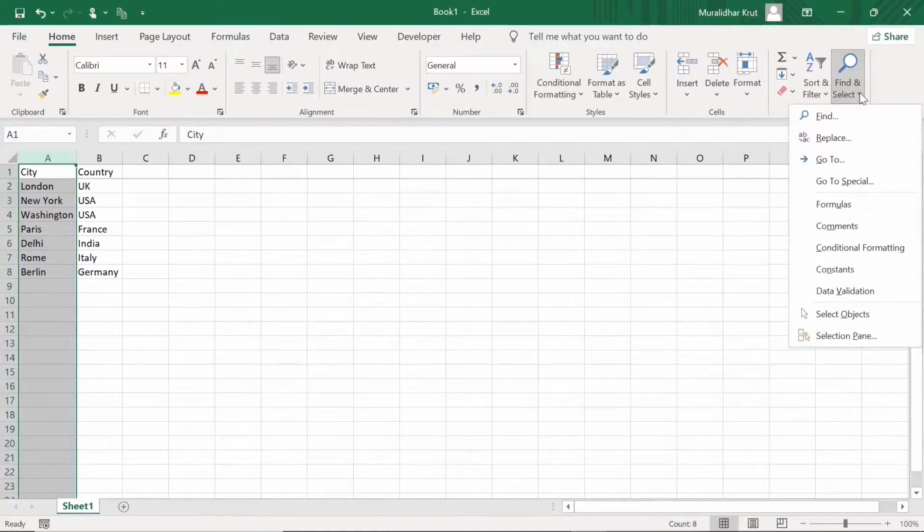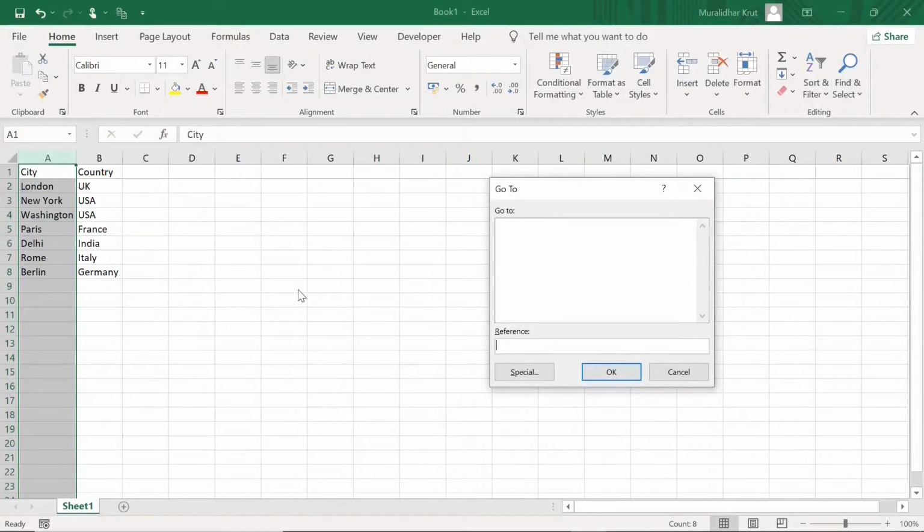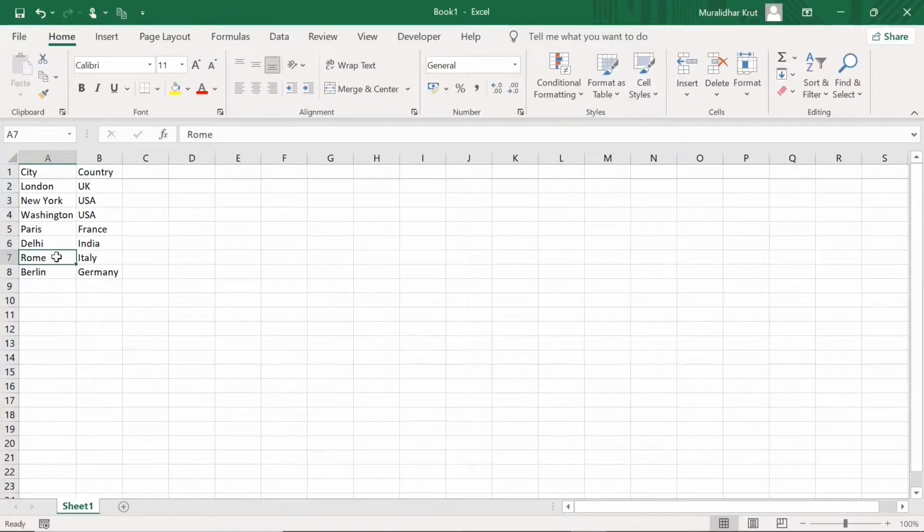Before sort and filter, let us see this Go To. I want to go to column A and row 7. So I can just type the reference here, column A, row 7, A7. Okay, so it will take me to that row. Column A and row 7 is the row. Now let us see this